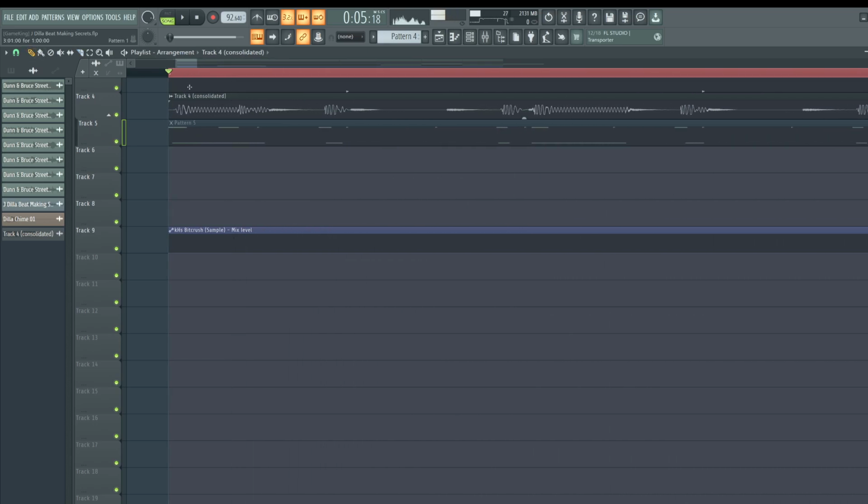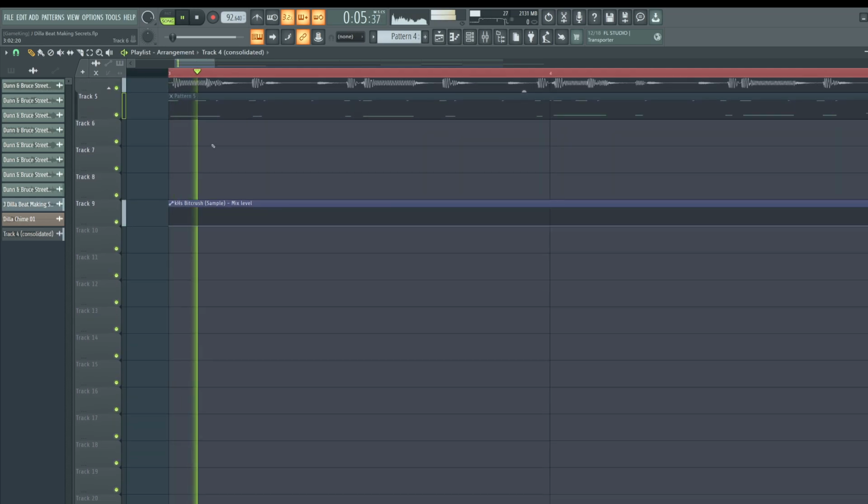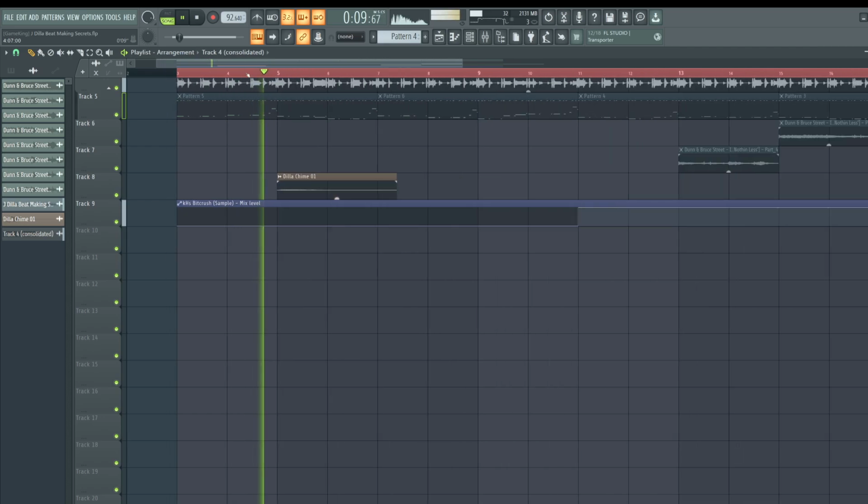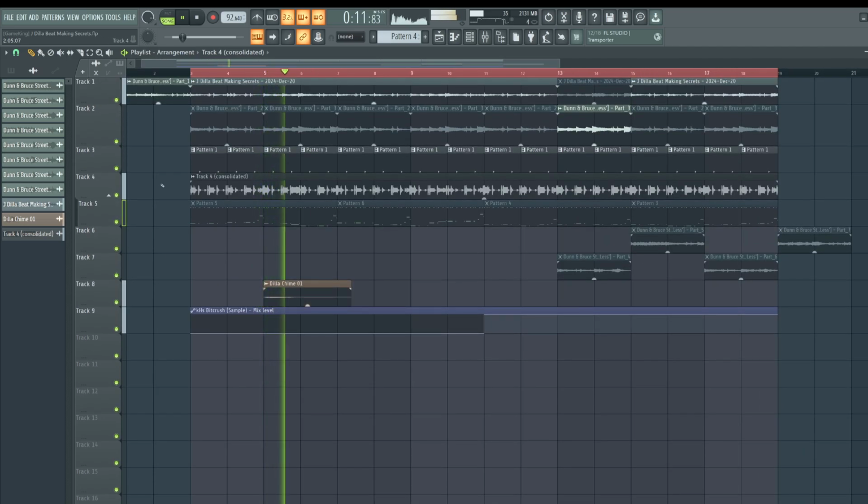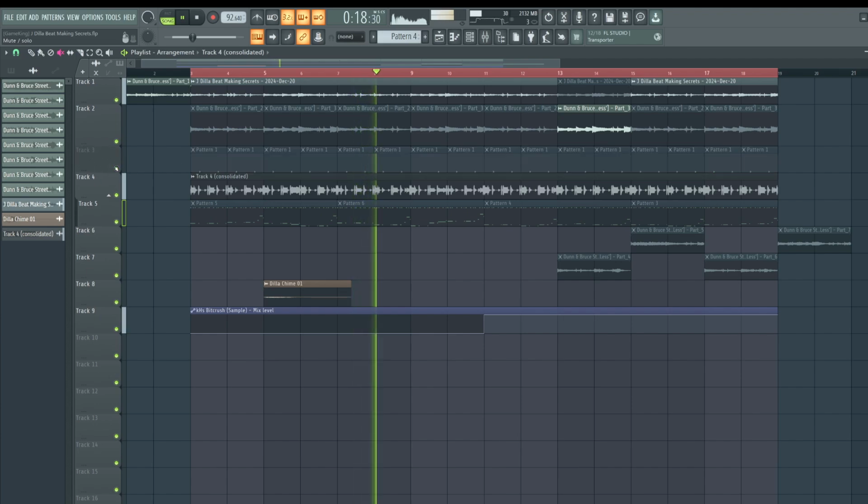Okay, so now I need to make sure the drums are lined up right. Okay, so now the drums, well, at least the kick and the hi-hat are now on their own.